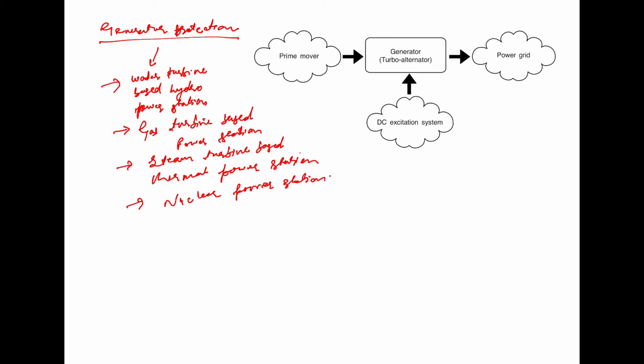Now, in all the above installations, the protection of a generator presents a very challenging problem because of